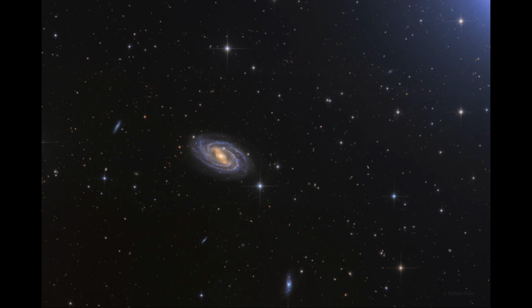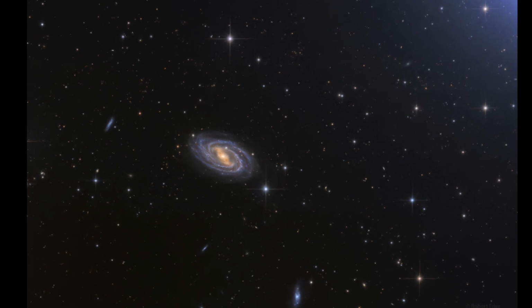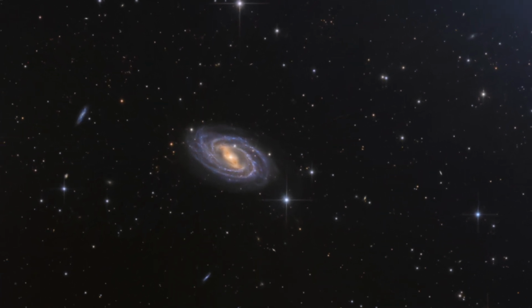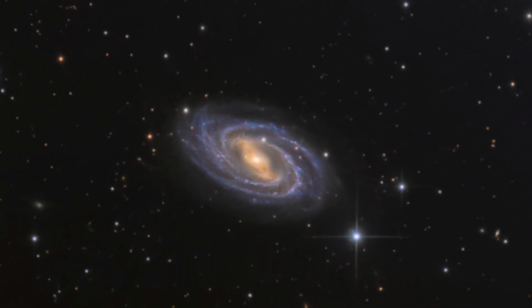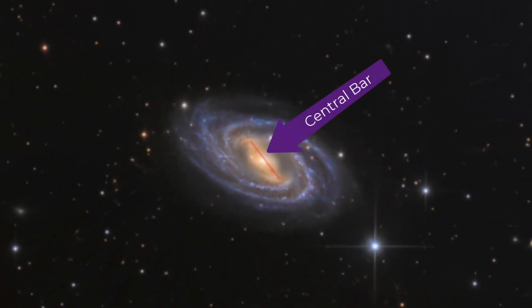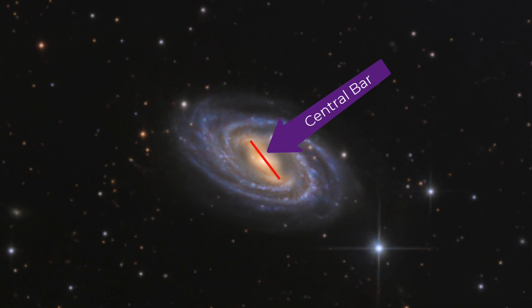Now, this is an example of what is called a barred spiral galaxy. And the difference between that and a normal galaxy is the bar going through the center. And you can see the vertical bar there going from upper left to lower right, diagonally through the center. And it looks a little bit yellower, perhaps, than the rest of the galaxy. When we get into the outer parts, then we start to see this typical bluer color we associate with spiral